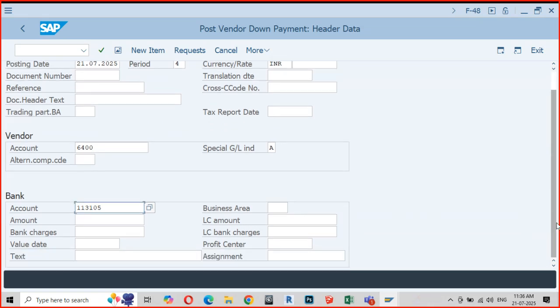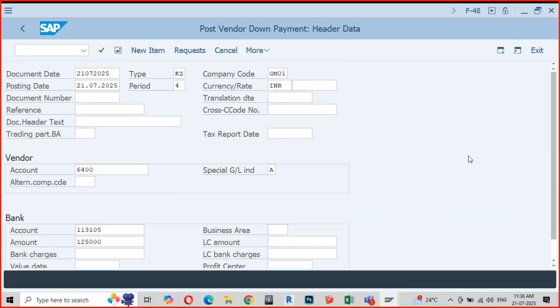Now I would enter the amount, let me receive 1,25,000 as an advance. Advance made. Okay. At this moment, go to new item or simply press enter.